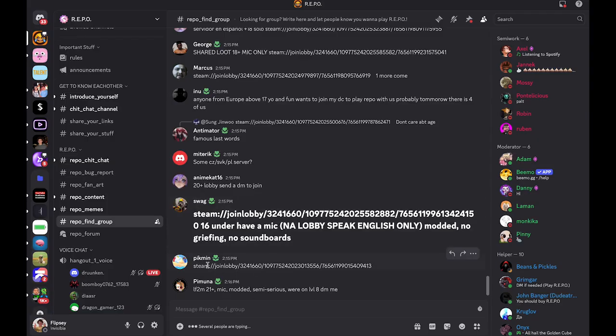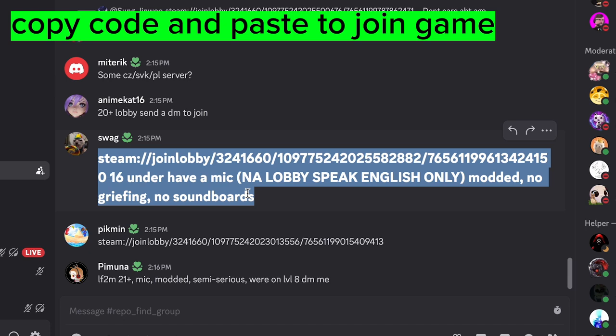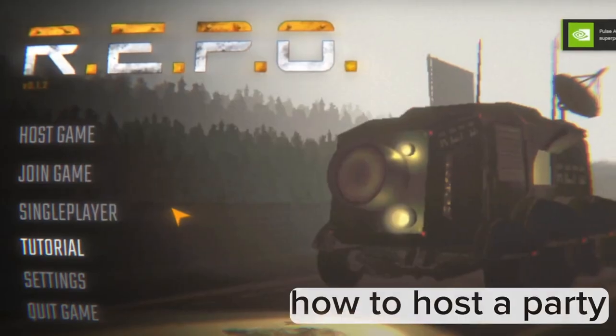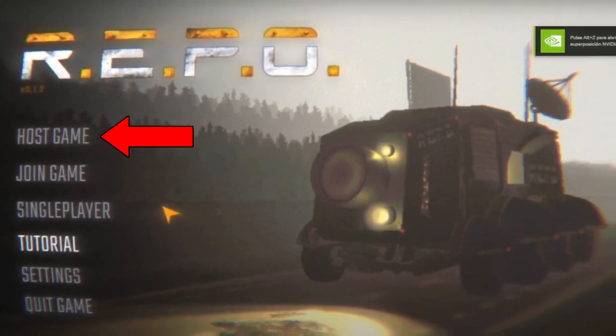Now you can simply join a game by copying any of these codes that people are sending into your web browser, which it'll open in Steam and allow you to join their Repo party, or you can actually create a party yourself. And how you do this is you go to host game when you're actually on the Repo page,